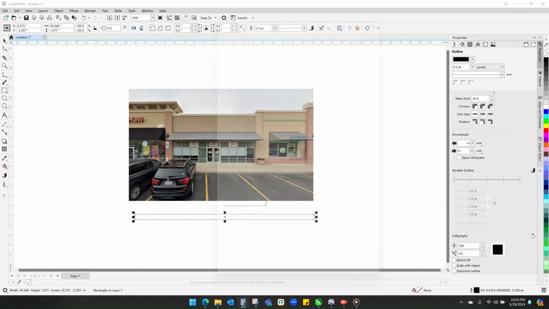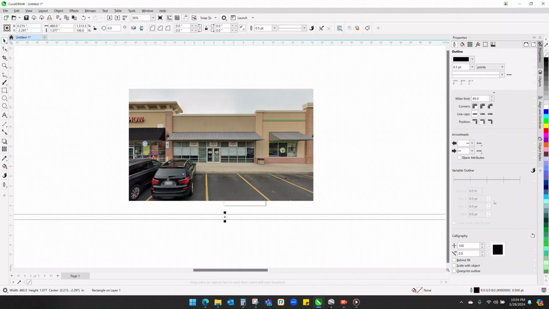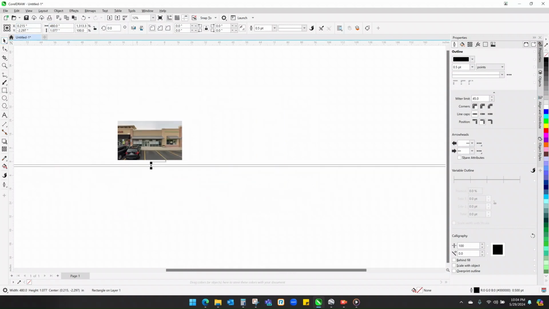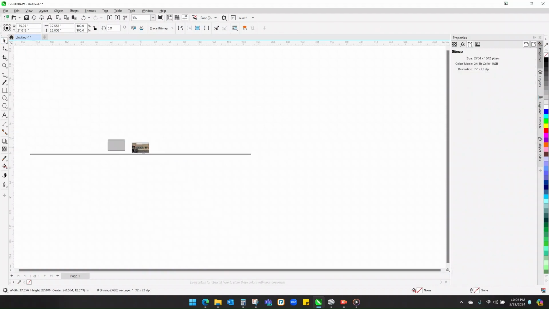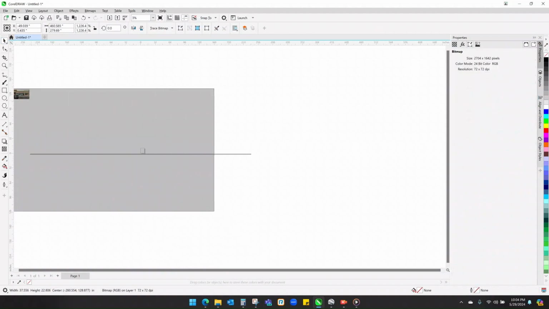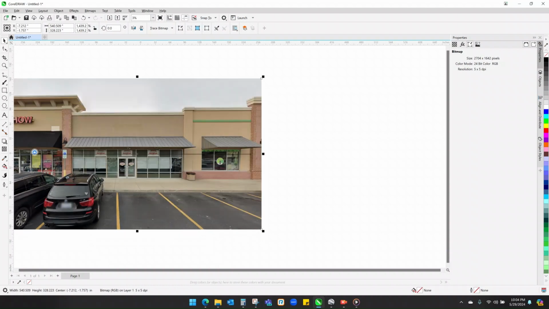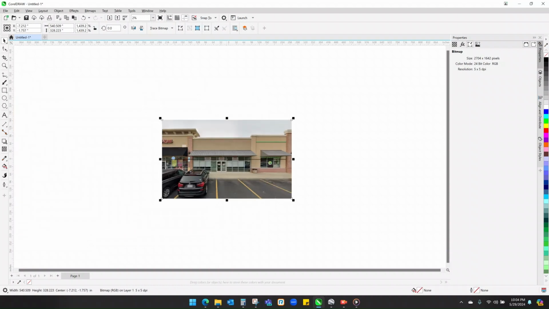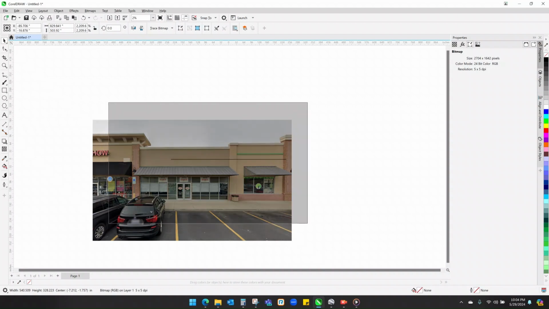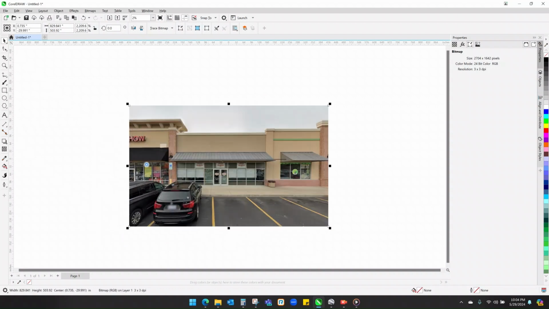So I have the storefront measurement. I'm going to cheat with my calculator, but I'll bring it to the other screen so you can't see my bad math skills. So we're at 480 inches for 40 feet. So I'm going to size my little square here to that. The height doesn't matter, just the width, because we're just going to stretch our image out to be that size of the storefront. And this is how we're going to get our sized sign on the wall that we can